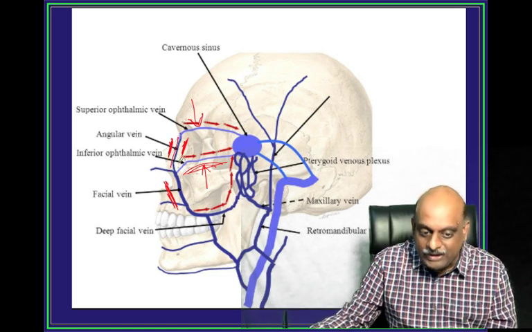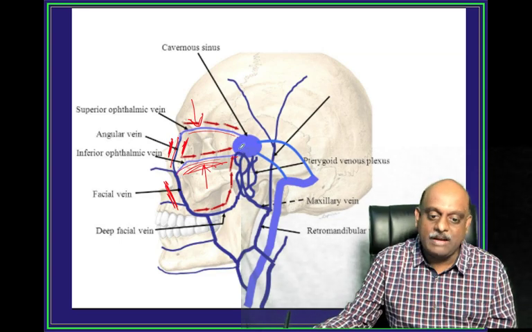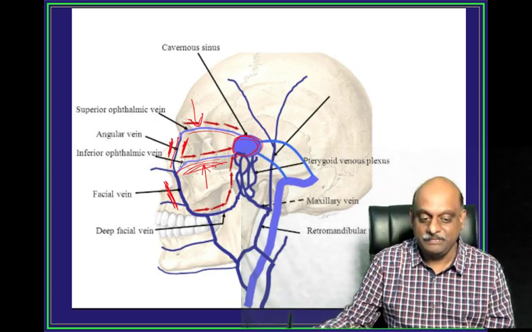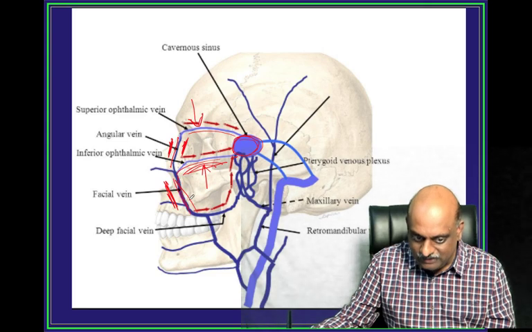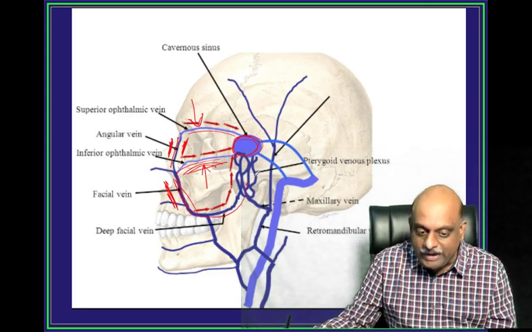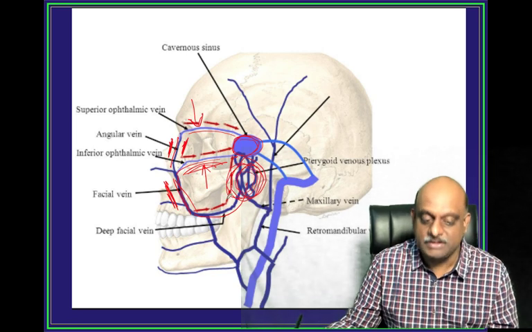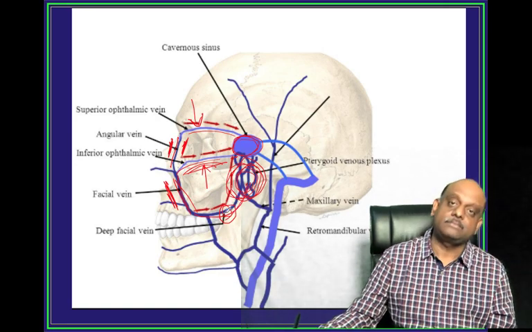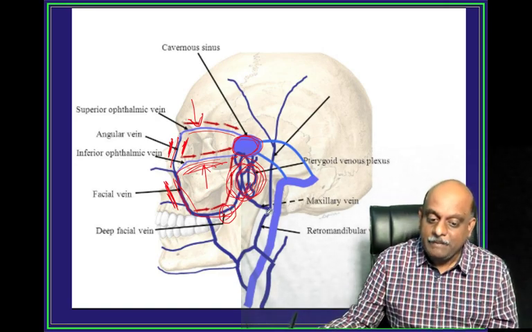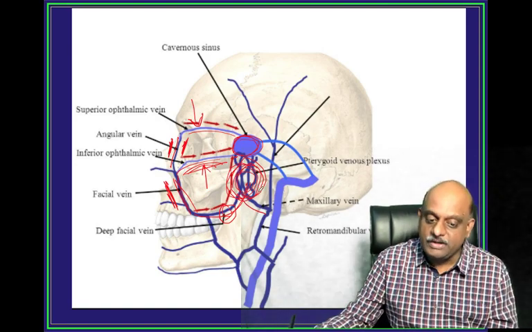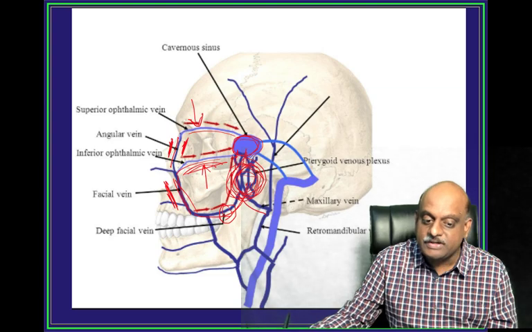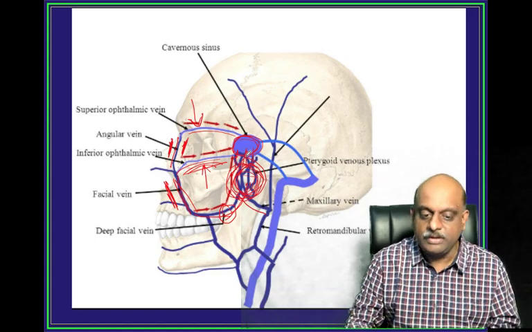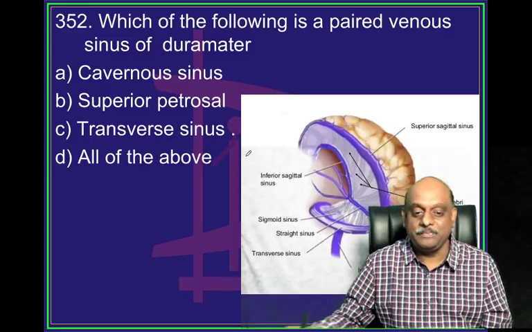So through the angular vein, superior ophthalmic vein, inferior ophthalmic vein, the drainage is happening into the cavernous sinus. Then the facial vein also communicates to the pterygoid venous plexus, and the deep facial vein also comes to the pterygoid venous plexus. Maxillary vein also drains into the pterygoid venous plexus, which ultimately drains into the cavernous sinus. This is how all the roads are leading to the cavernous sinus, is what you need to remember, which is